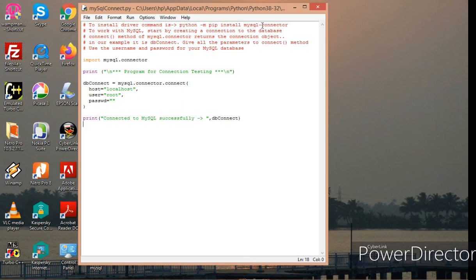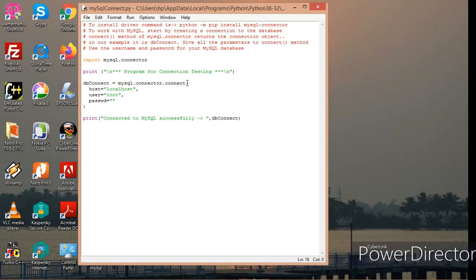And to start working with MySQL, I must establish a connection to the database. So I have the connect method here. Connect method of MySQL.connector returns the connection object. In our example, it is dbconnect. So here dbconnect is equal to MySQL.connector, and I am using the connect method. So dbconnect is the connection object.